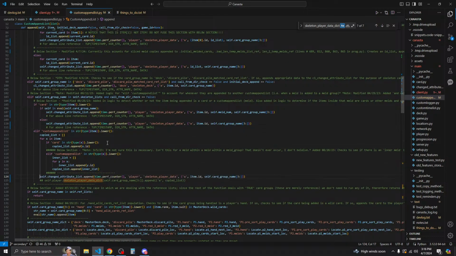Right here. Say self.change attribute list. Append time perf counter player skeleton player data, and then it's going to be a and copied list, so we're just going to copy that and that.